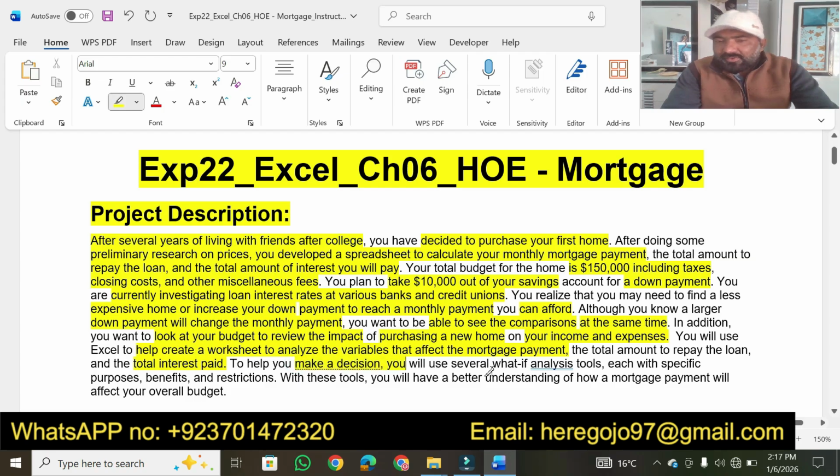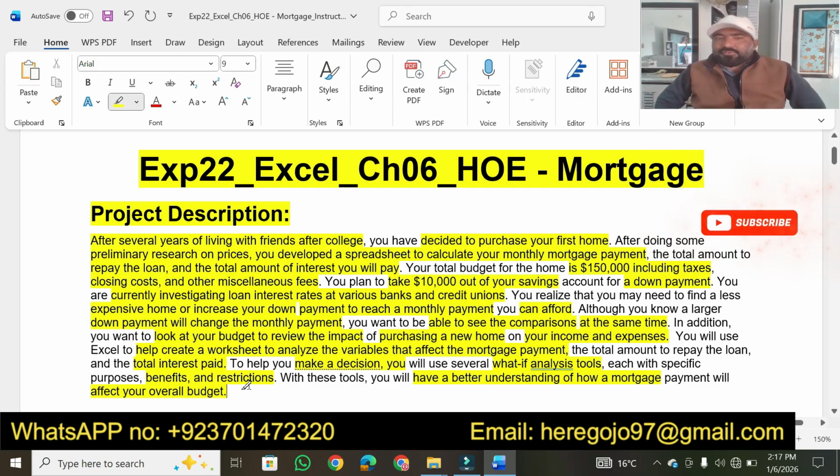You will use several what-if analysis tools, each with a specific purpose, benefits and restrictions. With these tools, you will have a better understanding of how a mortgage payment will affect your overall budget. So all of these are simply